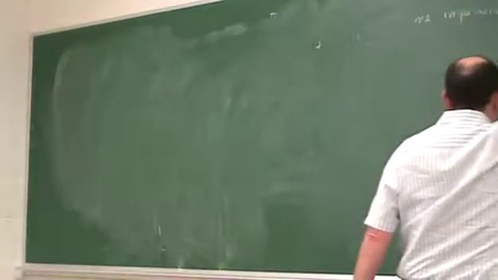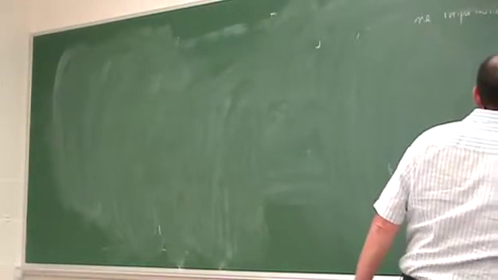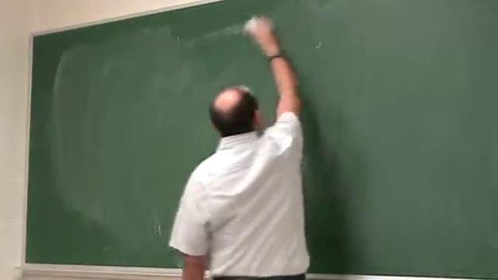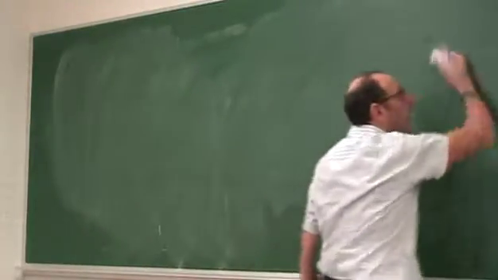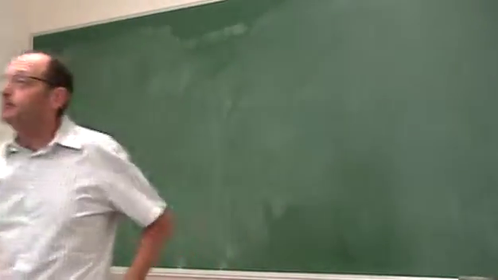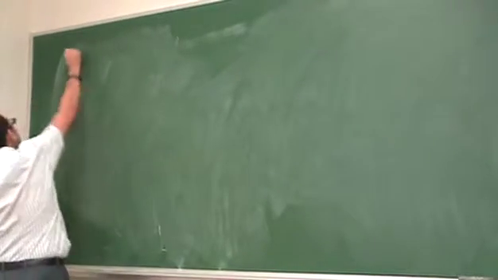And in order to do so, I want to return to the very basic description of the interaction of charges and fields. So we're going to study absorption and emission. Let's begin